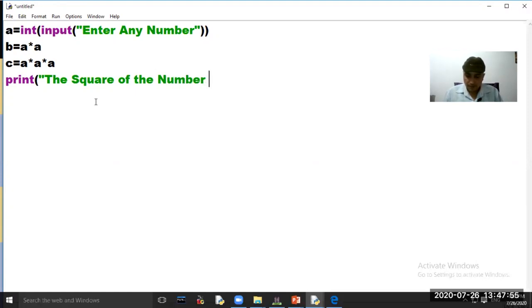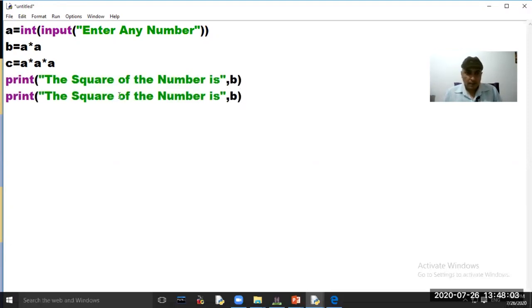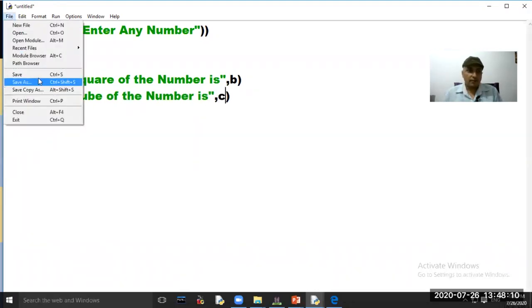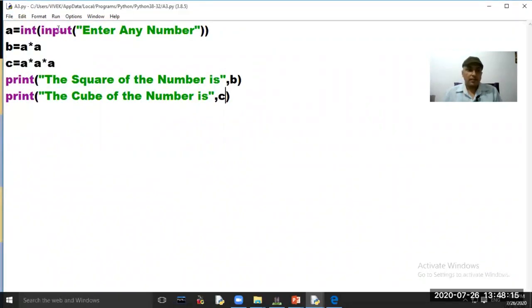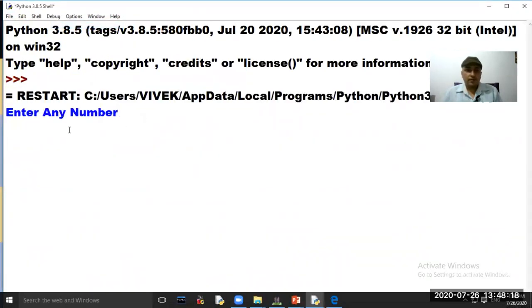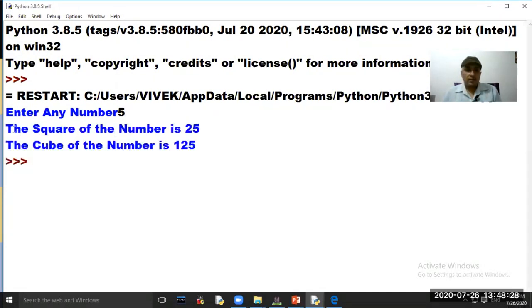So file, new file, a equal to int input, enter first number. Take any number as an input. B equal to A into A. C equal to A into A into A. Print